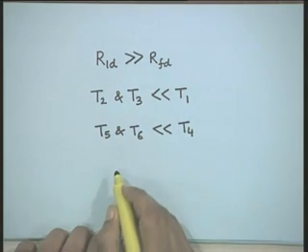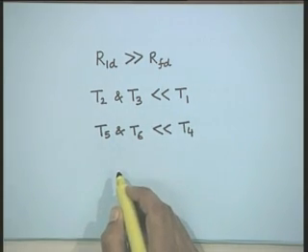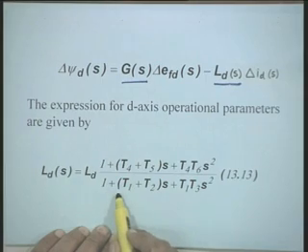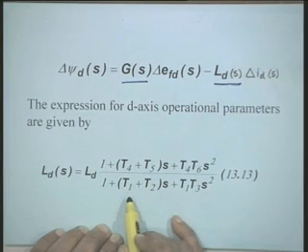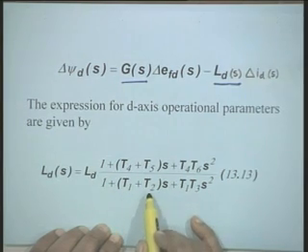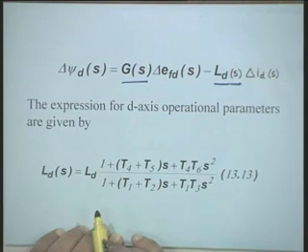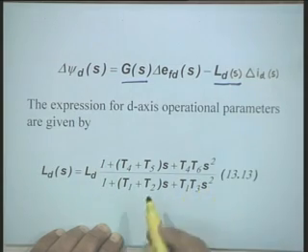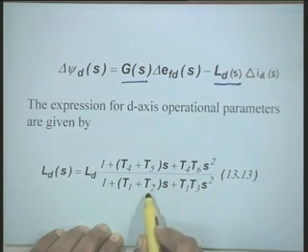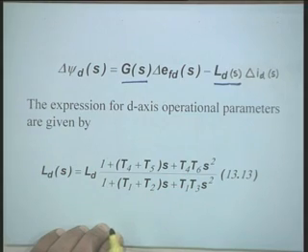Therefore, in the denominator we have 1 plus T1 plus T2. This T2 is negligible as compared to T1. Now, T3 is also very small as compared to T1. Therefore, as a first step, if I neglect T2, I will not create much error. Second, if I add T3 to this term, then also I am not going to create a big error.